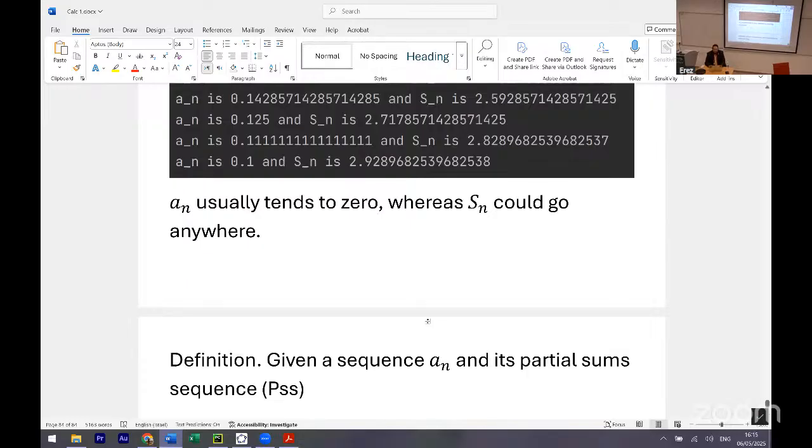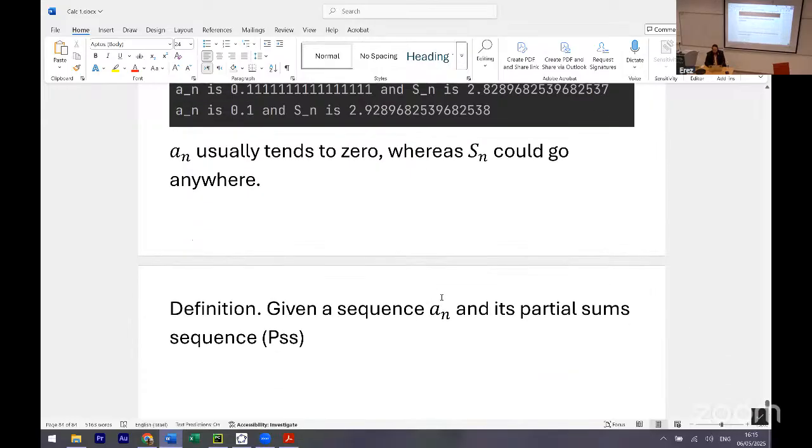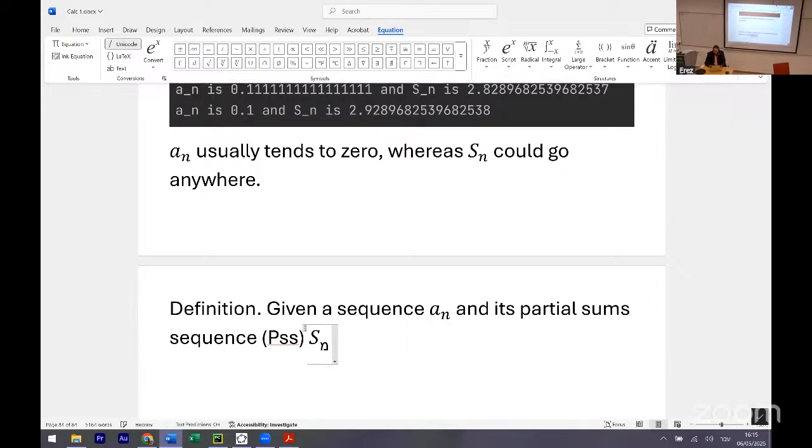So here it's partial sum sequence. Given the partial sums sequence S_n, we define the infinite sum